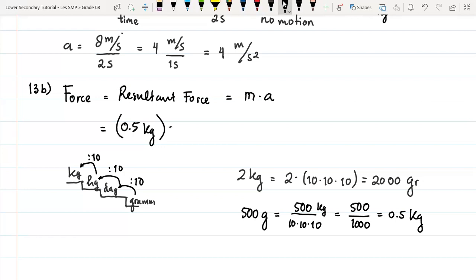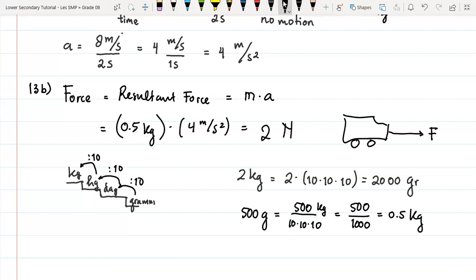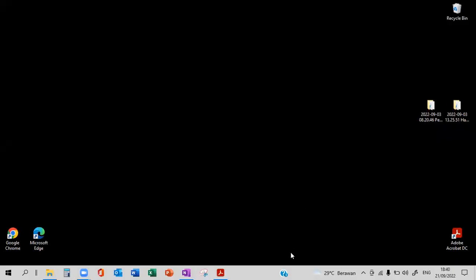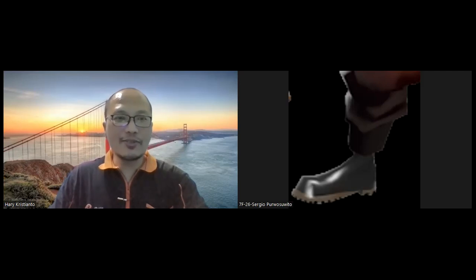Times acceleration. What is the acceleration again? In this case, 4 meters per second squared. So what is the result, please? 2. 2. So the Newton you apply, for instance, if this is the toy car that you want to pull, you apply a Newton force F in this case. Any questions? Any questions, Sergio? No. Okay. Now